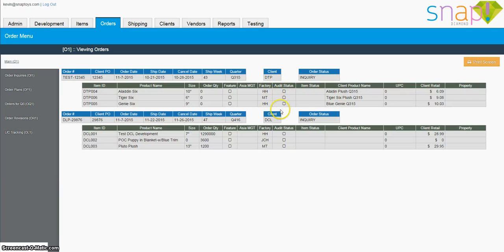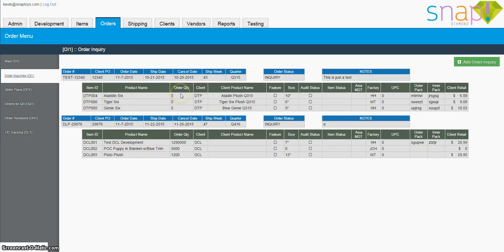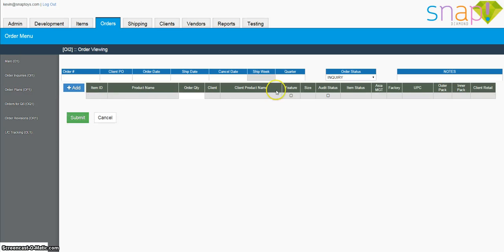For example, here is audit status for each one of these items that's pulled in. And what would happen is, as somebody's going into an order inquiry and adding in items to this particular new order that somebody's putting in, they add an item, the system should check the audit status of that factory and make sure that the